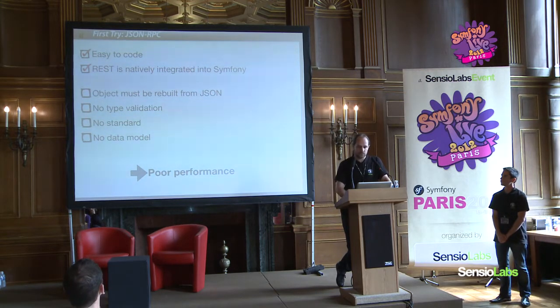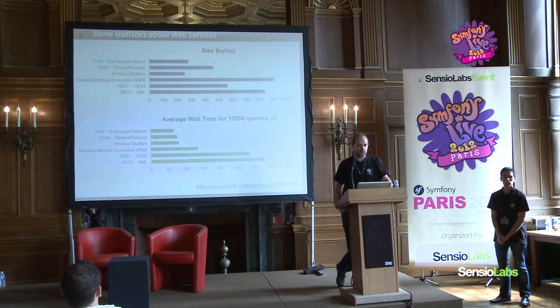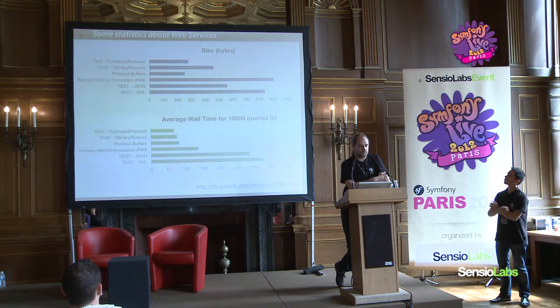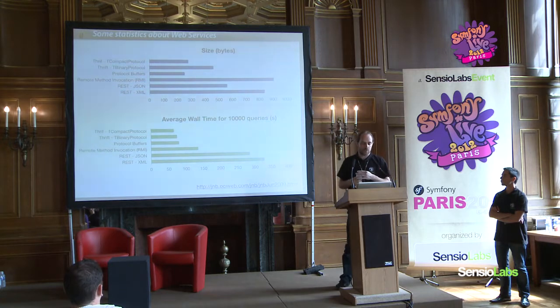So we scrutinized several solutions and compared them. Let me show you the comparison here, the test concept or design. The upper part of the slide is the size of a transported object and 6 user objects, conventional objects. I'm not going to describe those in detail. What can be seen right away is the difference between the Protocol Buffers and REST in the size of the object. XML, of course, and JSON is less verbose, while the other one is binary and can compress data. It's a lot lighter, less network is used, and it allows us to speed up the work. And this is what can be seen below: the average time for 10,000 requests for 6 users.